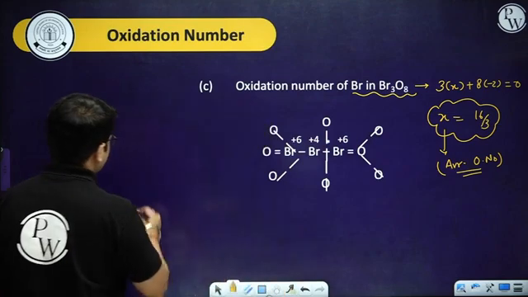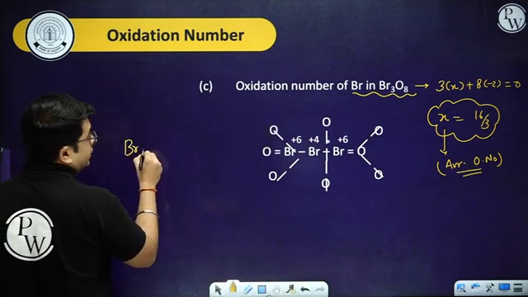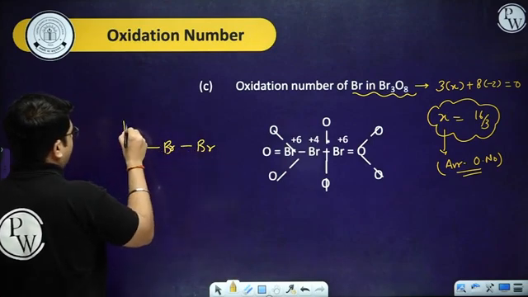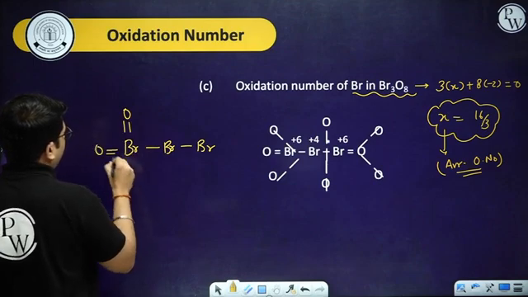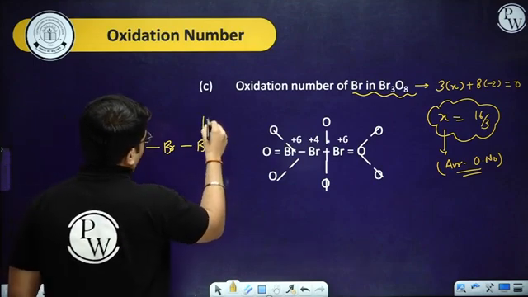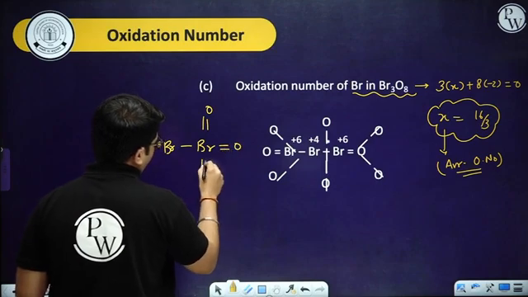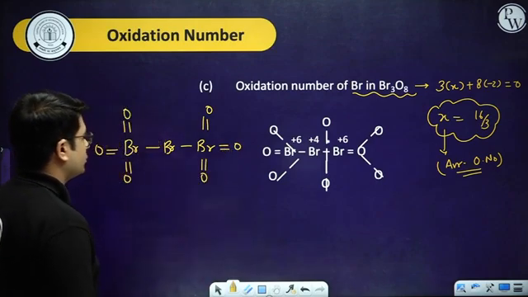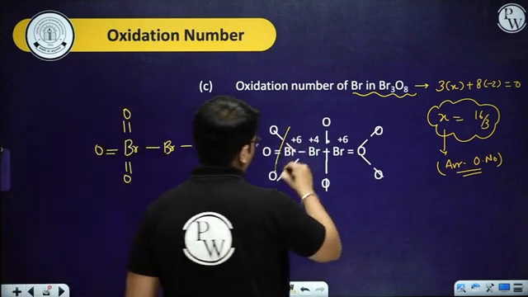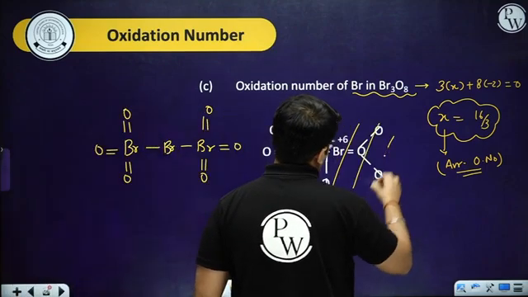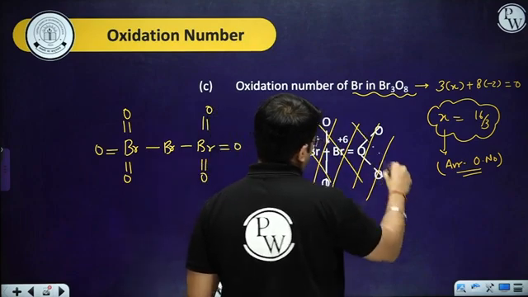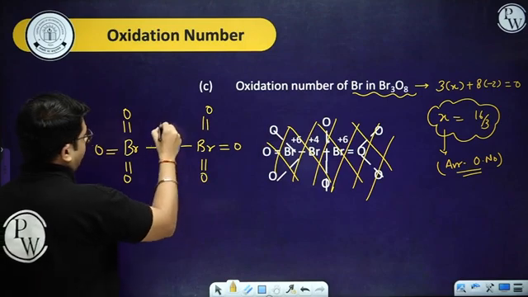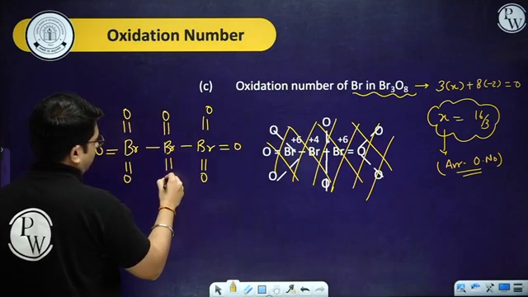So in this particular case, if I am drawing the structure, it will be Br, Br and Br. So we have double bond O, double bond O, double bond O, double bond O, double bond O and double bond O. Okay, so that is the structure. I'm not sure if this structure is correct or not. Just forget this structure. Try to look at the structure which I have drawn. Okay. Now 3 and 3 is 6, and 1 and 2 is 8.